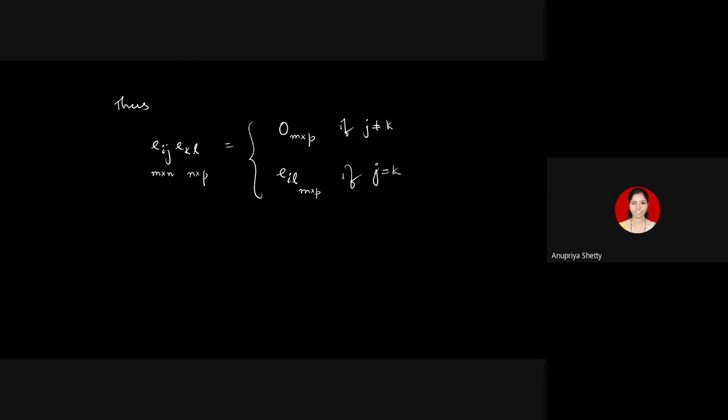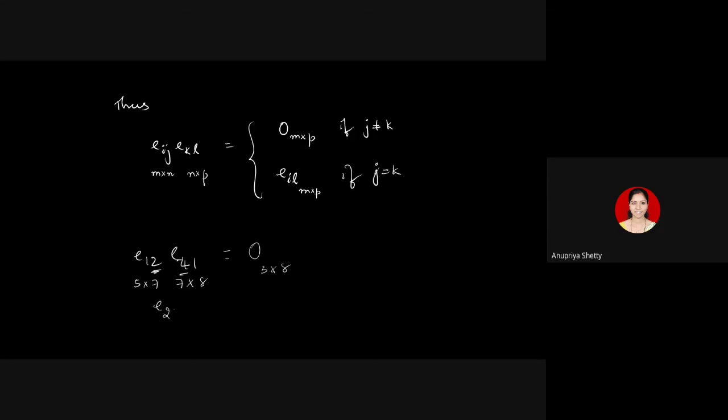Okay. So just have to see that the product is defined, and for the matrix product to be defined, the number of columns in the first matrix should be same as the number of rows in the second matrix. That you have to take care. Then after that, if I multiply E12 with E41, I should take suitable order. See, if I take this of order 5 by 7, this should be of order say 7 by 8 or something. This product is immediately 0, because this number 2 and 4 are different. This will be a big 0 matrix of order 5 by 8.